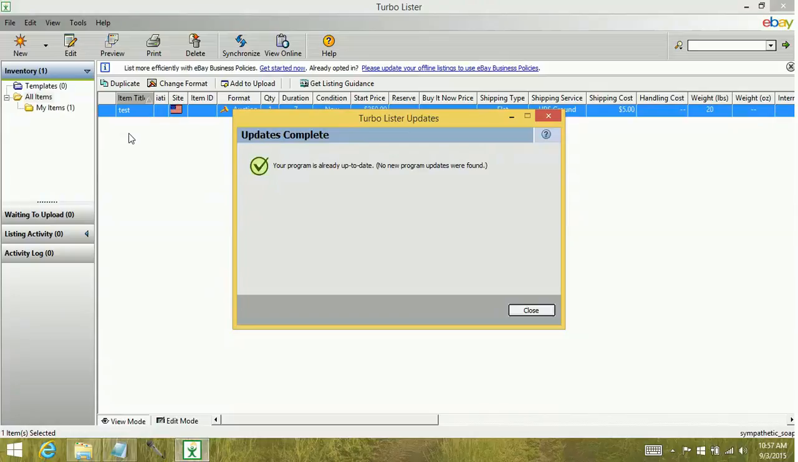So the reason why it's so important to check for program updates is because any change that gets made to the eBay website, you need to have a way to push that change to the TurboLister account, and by running updates, that's how you do that. As well as anytime you make a change to your eBay account, whether it be your address changes, maybe you have a store and you've changed your store categories, you need to run updates for that. If you're part of the business policies program on eBay and you make a change to your business policies, you'll need to run updates to push that change to TurboLister. So there are a lot of different reasons that you're going to want to use this